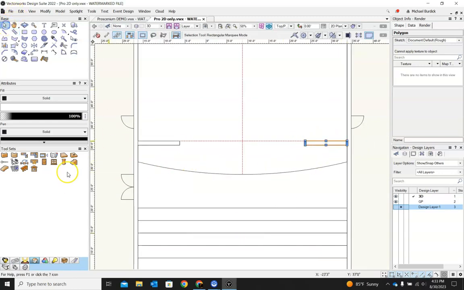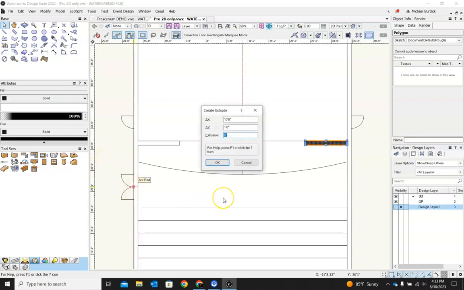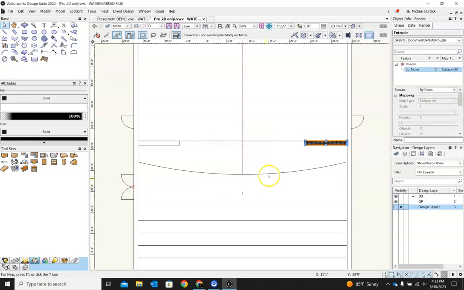There we go. Now let's extrude all of these. Again, I don't want to extrude all of them together because then they would all be tied together into one object and we'd have to get in and actually edit the extrude itself. I want to be able to separate these walls out with classes later, so I'm going to have to extrude all of them one at a time, but Control E, 24 foot is the height of these walls, and then